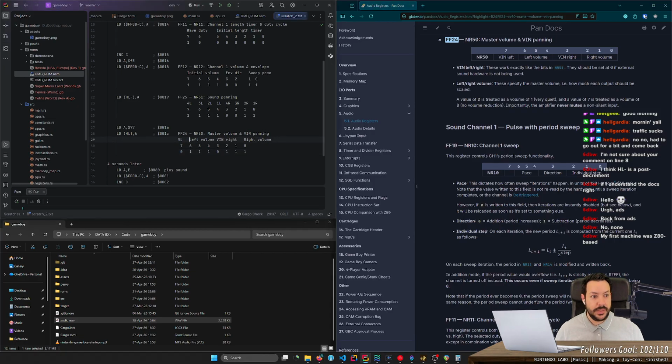I'm gonna make it VL, then left volume. Then I'm gonna make it VR, and then right volume. Okay, I think this is it. Surely. So these are the things that we need to actually put in place, you know. Hold on, left volume.